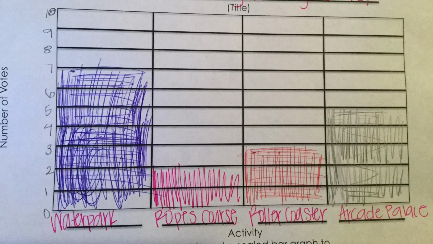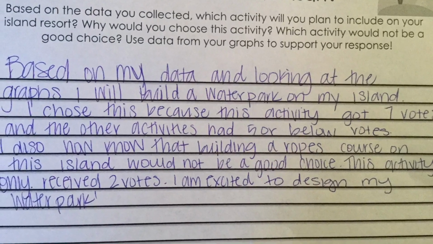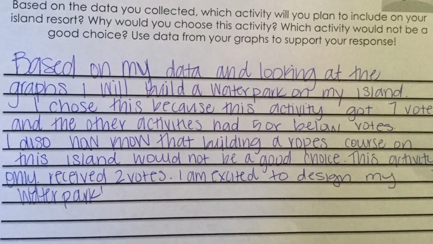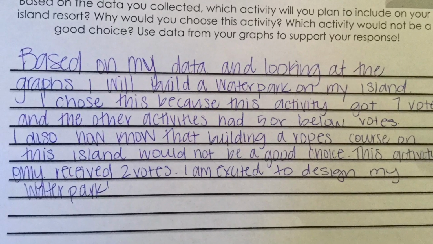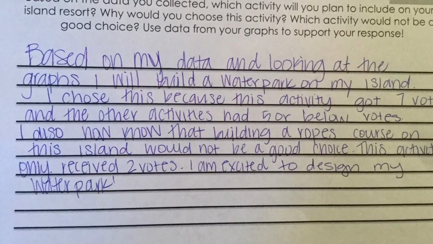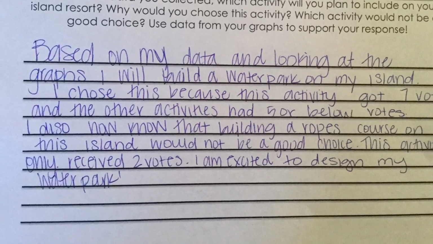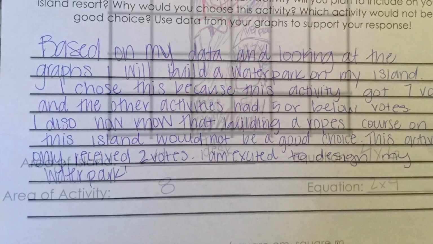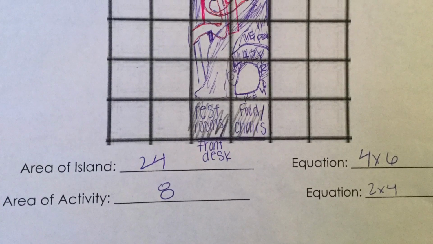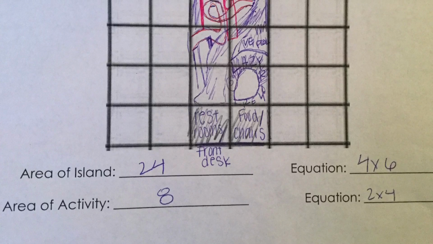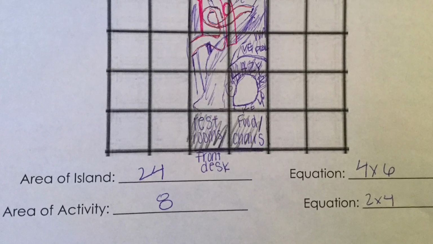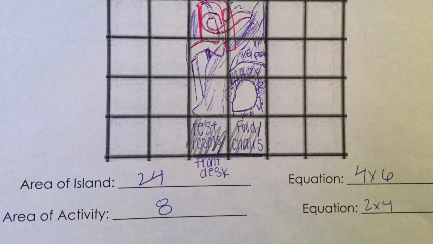The next is a bar graph. We transfer all of the pictograph data to a bar graph, make sure to color it in, adding a title and a number of votes on the y-axis. And then we put all of our data into words. We figure out which one is a good idea, which is a bad idea, and explain why. And then our last task is the blueprint of the island. We find the area of the island, and then we take 1/3 of that, and that's for our activity. As you can see, I drew my water park with a couple slides, some lazy rivers,